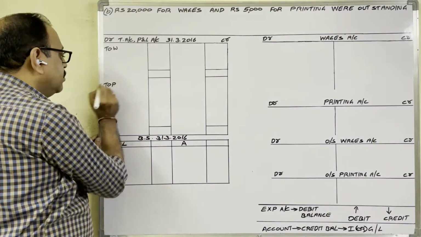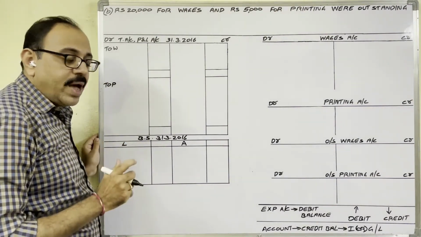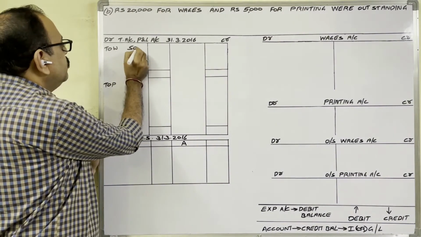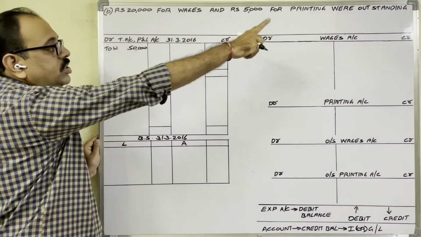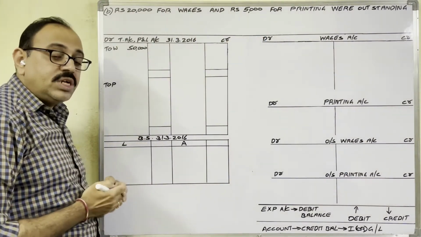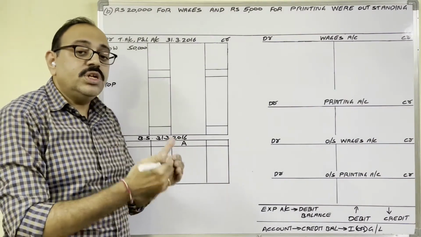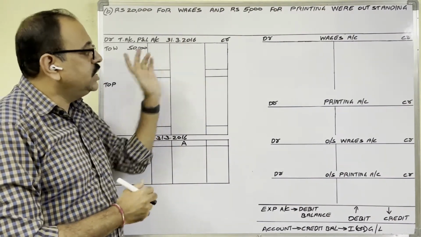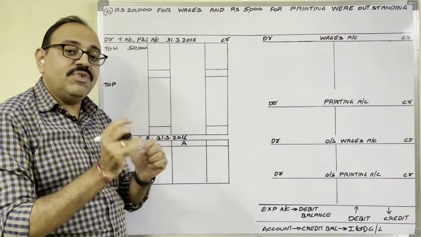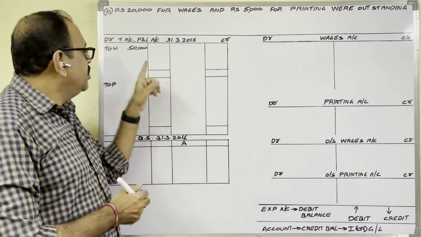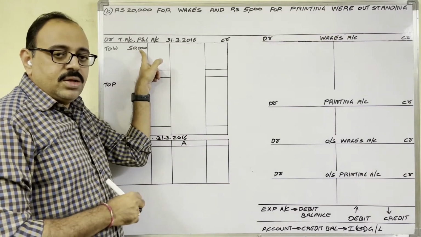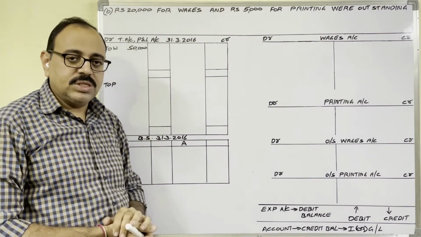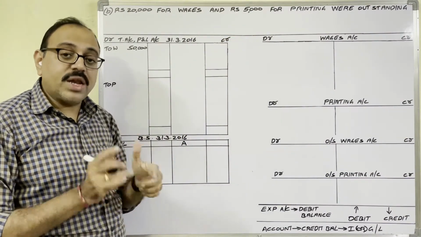This is the trading account, this is the profit and loss account. To printing. Assume that in the trial balance wages of 50,000 is given. Then in the inner column we should write 50,000, and to this add outstanding wages of 20,000 rupees. Outstanding wages means we should pay 20,000 more in wages. So for the current year 2015-16, total wage expenditure is 70,000 rupees. Of this 70,000, the firm paid 50,000 in the current year. 20,000 is outstanding, and we will pay it next year. But that expenditure belongs to the current year, no?